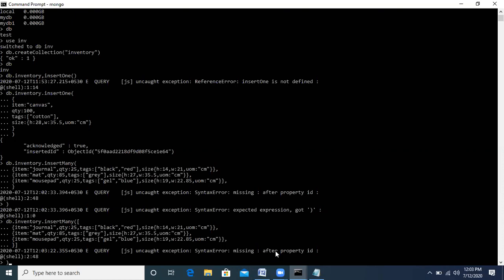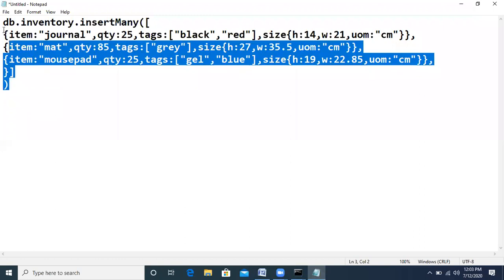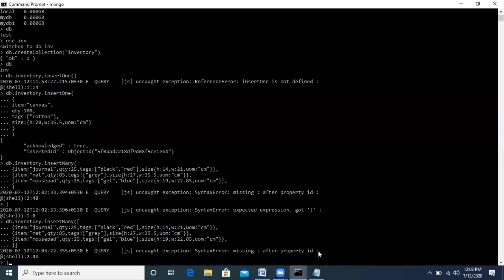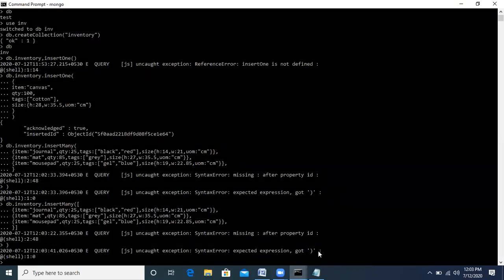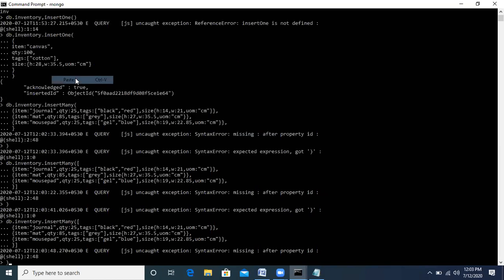We are missing something again. It is showing missing after id property.